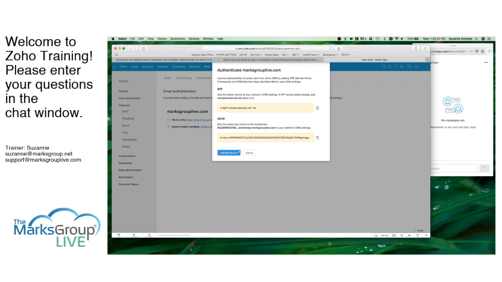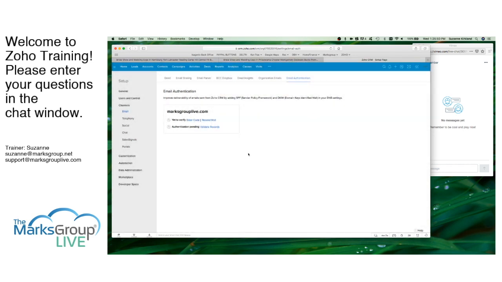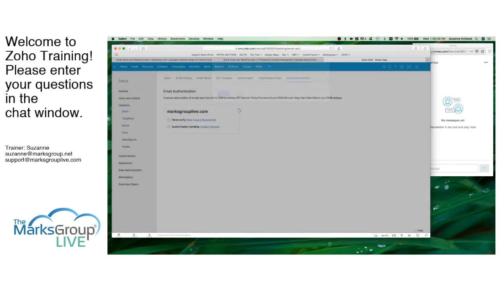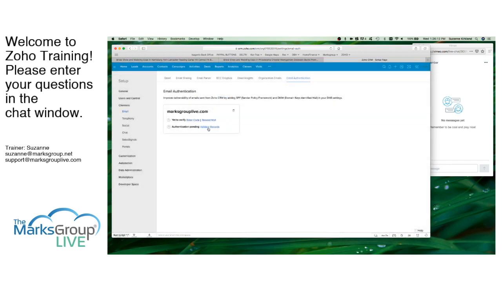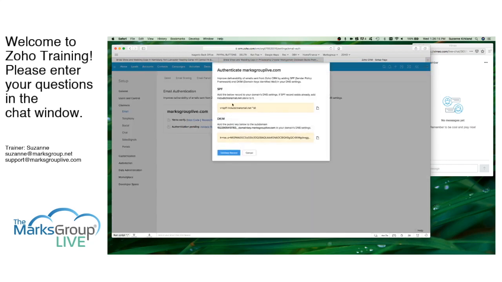Okay, so it's a couple step process. Sorry, again, as I mentioned, this is the first time I'm seeing this, so it's a little different than the way it's set up in Campaigns. The first step is to verify that it's a valid email address. So they've sent a code to that email address, and we would enter that code here to verify it. And then the next step is to set up your SPF and DKIM records where your domain is hosted. So this is a little more technical. You need to have access to, again, where the domain is hosted and be able to go in and update these settings for the